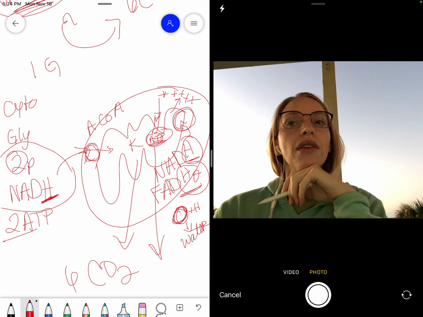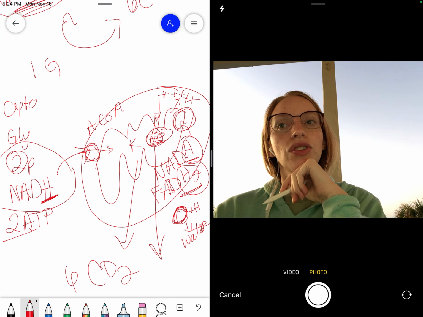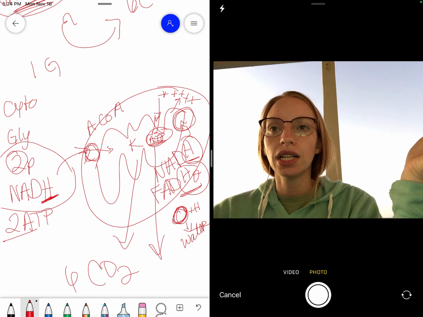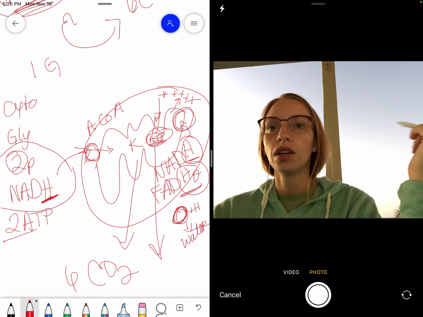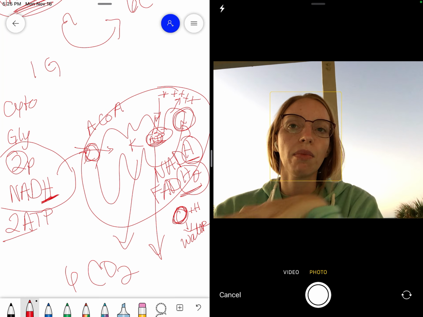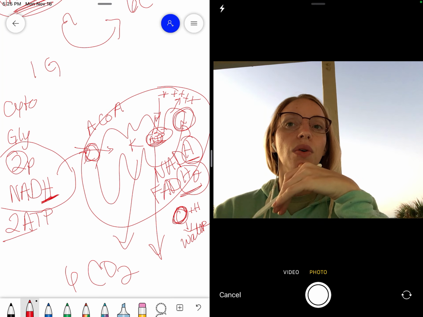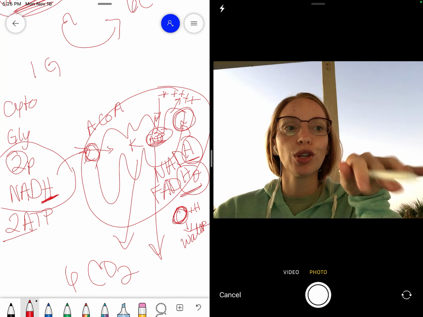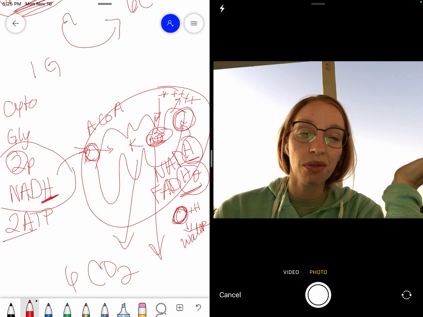The question says the net result of the breakdown of glucose in glycolysis and fermentation is the production of, and it gives you a few choices: 36 ATP, 4 NADH, 2 ATP, 6 NADH, 2 FADH2, and 2 ATP. You're going to make 2 ATP in that process. Well, actually, you're making NADH and FADH2. So you would pick the answer D for that one, but it's going to be randomized, but you want all 3 choices. I'll just give you that one because it's a little bit complicated and we didn't go into that much detail